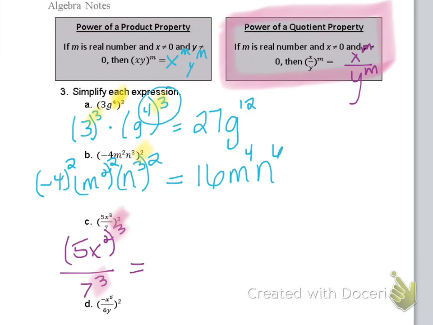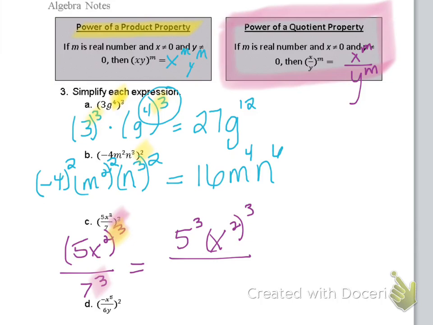So this time we're going to use the power of a product property, excuse me, with the cubed here. So we're going to have 5 cubed, and we're going to have x squared cubed on the top. And then we have 7 cubed on the bottom,